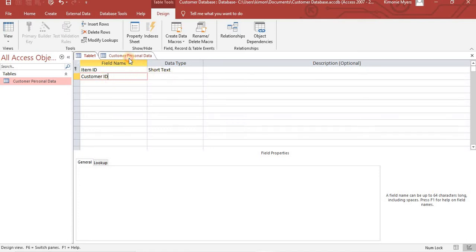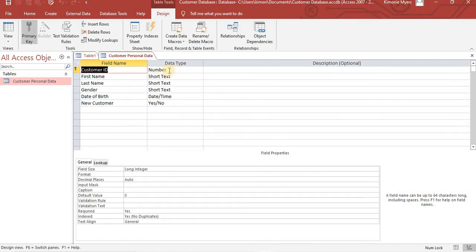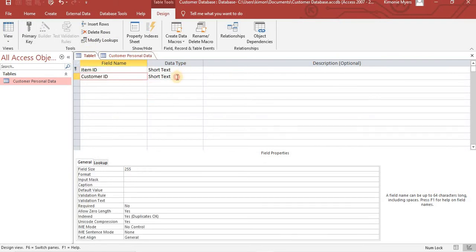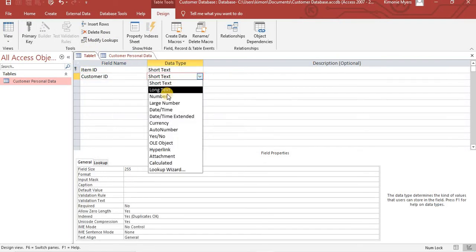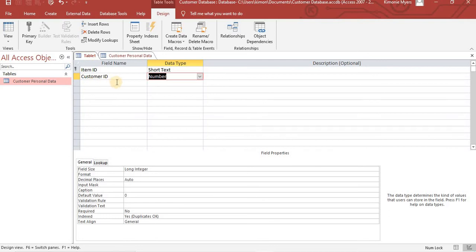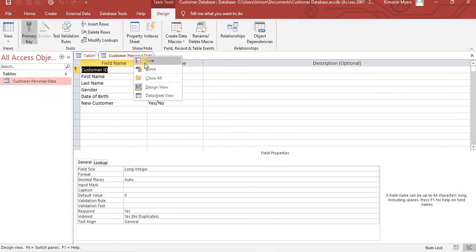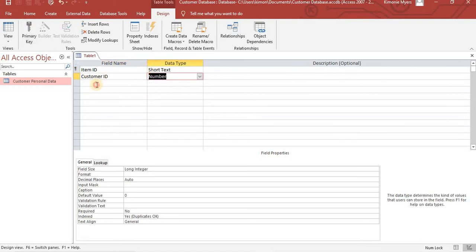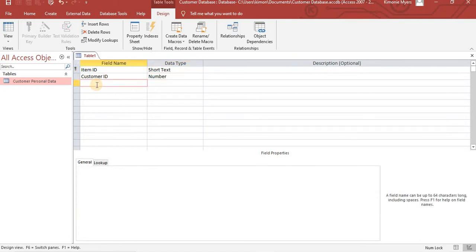Data type, it's going to be matching back with this as well, which is number. So again, all right, that's the only thing that we're collecting from this table, so we can go ahead and close this for now. The next thing that we want in our item table is of course the items purchased,